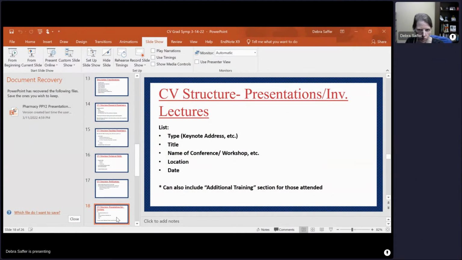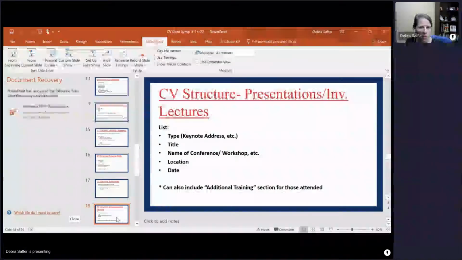Presentations, invited lectures. And again, when you list those, you're going to list the type. Is it a keynote address? Is it a poster presentation? You're going to list the title. You're going to list the name of the conference or workshop, the location, the date. And I often get asked about what about